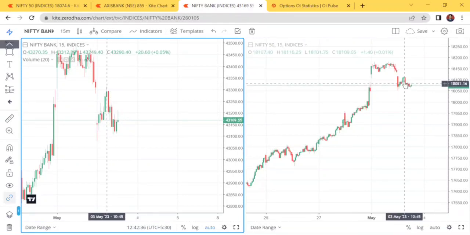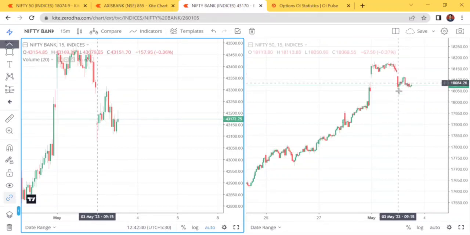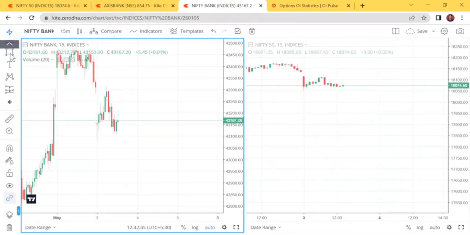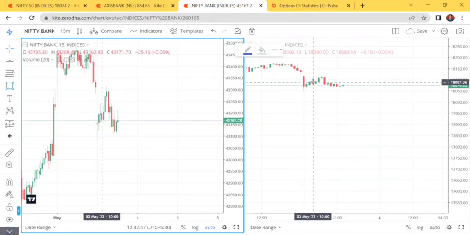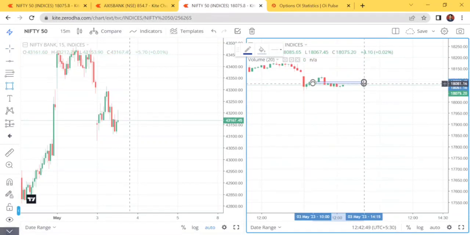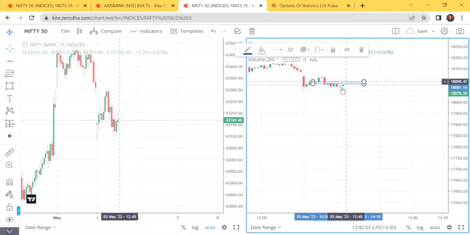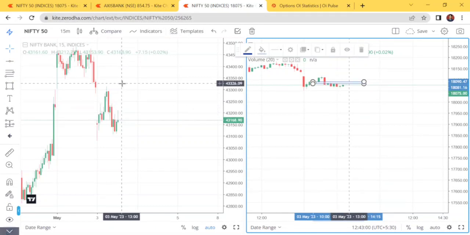Why? Because of the prior move, people who have been following me know: rally, base, rally, so drop, rally, base, rally here. Now till this base is violated, I don't have a trade on the short side. So once it breaks down and retests, I will again take a trade. Now if Nifty is not going up and Bank Nifty is alone pulling it up, I am expecting one